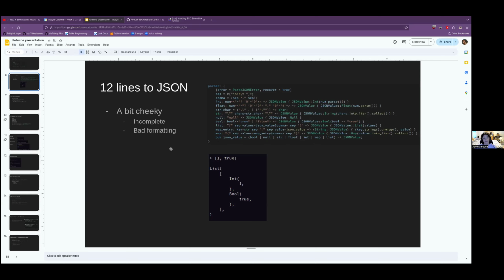So with a handwritten parser, you would usually do this by looking ahead and knowing what kinds of values can come based on a given character. And that's exactly what Untwine is doing here too. It's seeing that Boolean can only start with a T or an F. Null can only start with N. String can only start with a literal quote. A float can start with a digit or a negative sign, and so on.